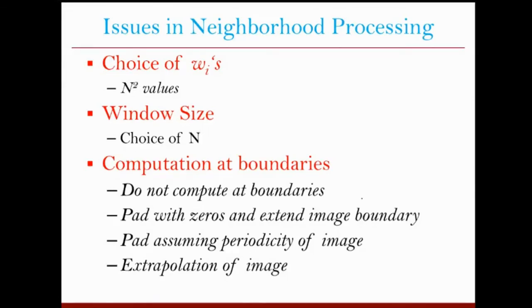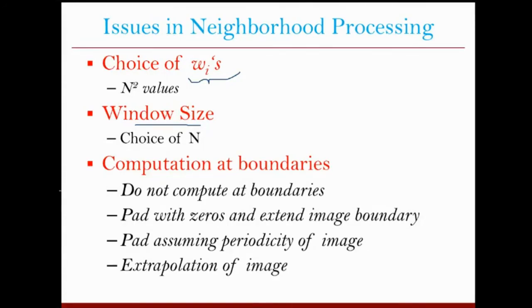Now, when we are considering the neighborhood, as I just said, there are certain things that you have to define. The first thing is what weights you should give: whether they all should get equal weight or different weights, and if they are different, then what the different values should be, and so on. So how to define weights? This is one parameter that needs to be determined before performing the operation. Similarly, the size of the window: how many neighbors we should consider, whether we should consider a 3 by 3 neighborhood or a 5 by 5 neighborhood, and so on.